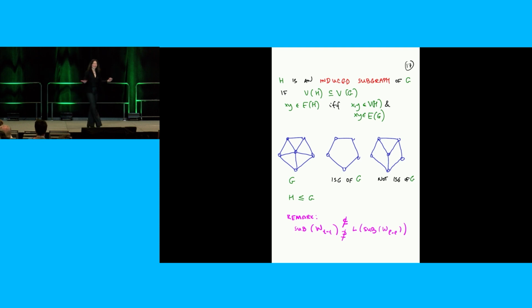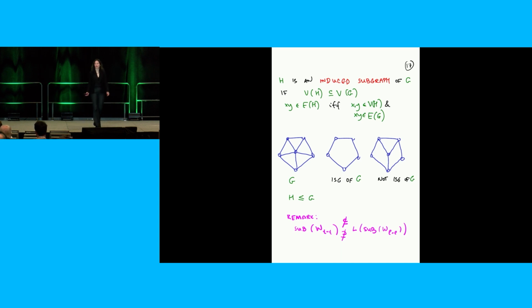And so having said that, let me tell you what it means to contain something as an induced subgraph. So for subgraphs, you are allowed to delete vertices and delete edges. What you're allowed to do now is delete vertices. But once you start with a big graph, and you say, I'm only going to look at this subset of the vertices of my big graph, now that's the only decision you can make. If two vertices that you decided to keep were joined by an edge, you have to keep this edge. You can't just say, and also I'm going to delete this edge.